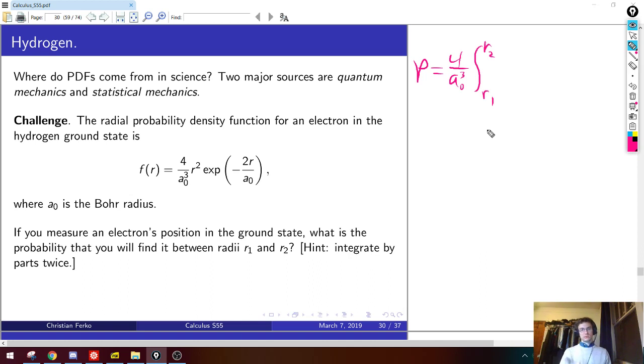Yeah, never mind. I was just thinking u equals r squared. See, it's u-r. Oh, wait, it's in the exponent. Yeah, never mind. It's the wrong way. If it were r squared here and r down here, that would be a perfect, tasty sub. It would be begging to be a sub, but it's in the wrong place.